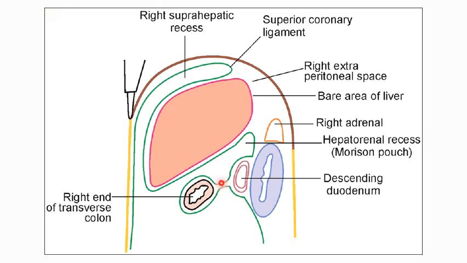Now the important things to notice here are the communications of this right posterior intraperitoneal compartment. If you remember, onto the left side we have the epiploic foramen. The epiploic foramen is nothing but a communication between the greater sac and the lesser sac, and that epiploic foramen directly opens up into this hepatorenal pouch of Morrison. So on the left side, the hepatorenal pouch of Morrison, by means of the epiploic foramen, is continuous with the cavity of the lesser sac.